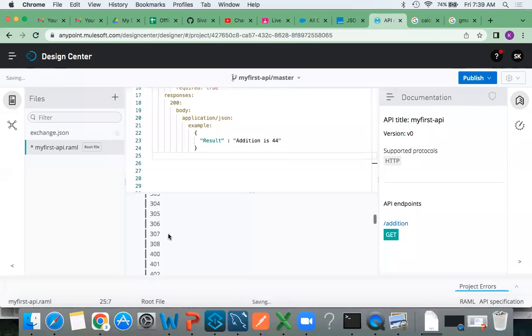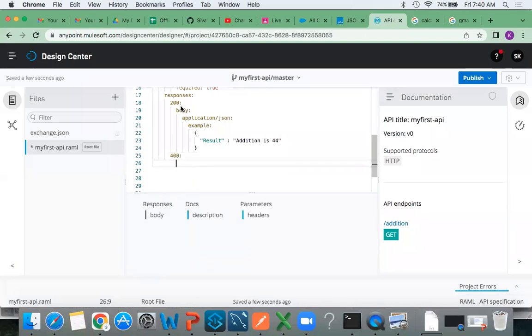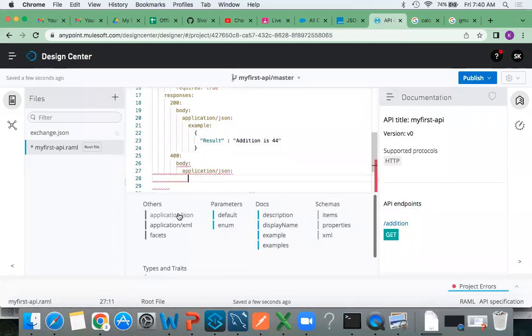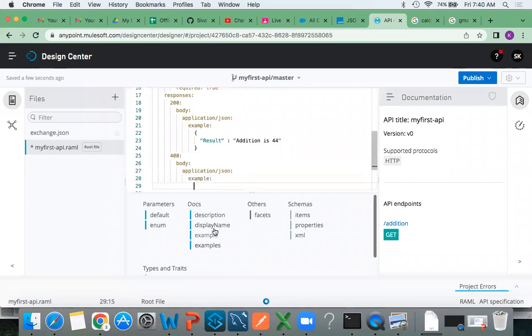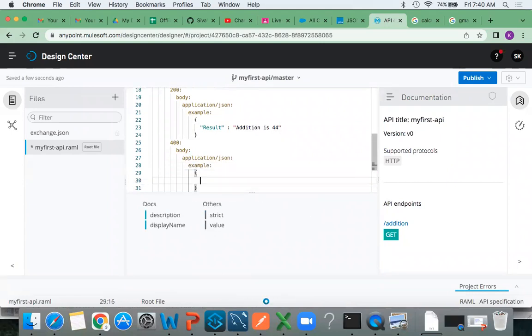Here I'm going to write only 400. Same as before, whatever syntax we wrote, the same we will follow. Body, application JSON. Example. Here I need to write the example, saying that